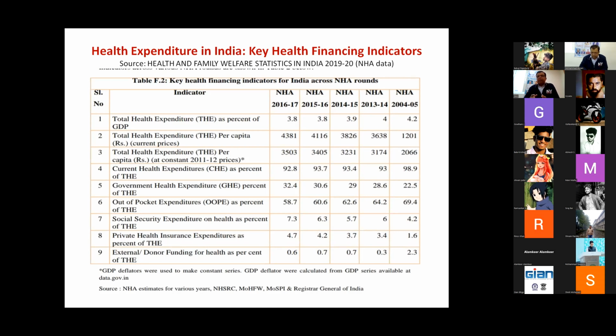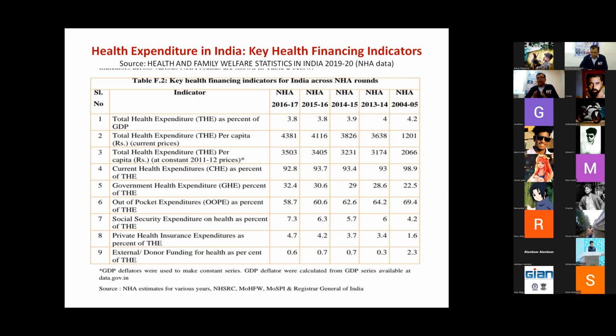Now, as per the current prices, these are basically economics related terms, but current prices basically does include the inflation related things. So we have a base price and we have the current price concepts, right? So as per the current prices, we can see that in the year 2016-17, it was 4,381. And then the previous year, that is 15-16, it was 4,116. And then we can see that in 2004-5, it was